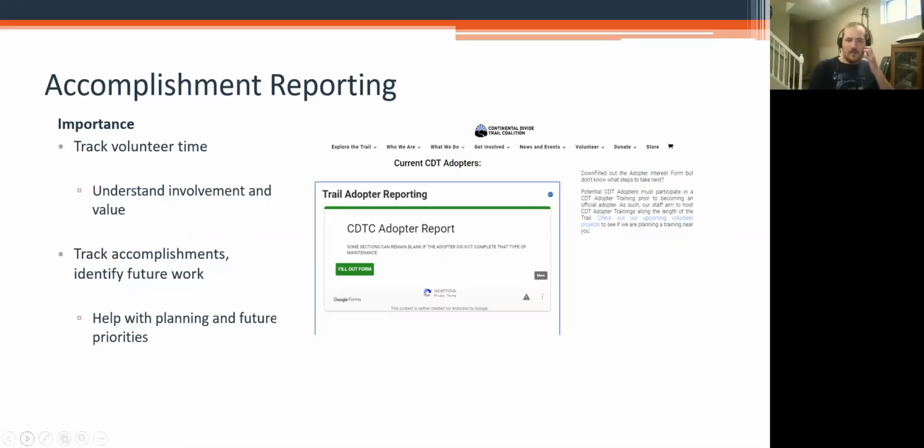Generally, in the importance part of this, I think it was a bit of a missed element in the trainee guide. We've added it to the online guide, the online course. We break it down into, well, why do you track volunteer time? You need to understand who's involved, and the sponsors want to be able to turn that time into a value, both in terms of output and a dollar value, so they can talk to people about the value of what we got done. And of course, tracking accomplishments: you want to track what's getting done. It helps with planning and setting future priorities.